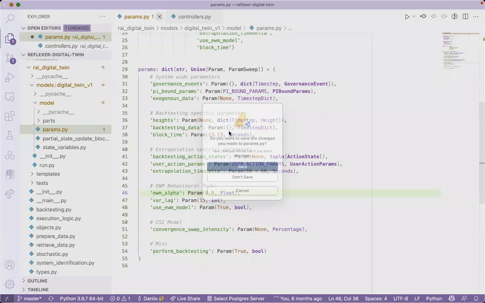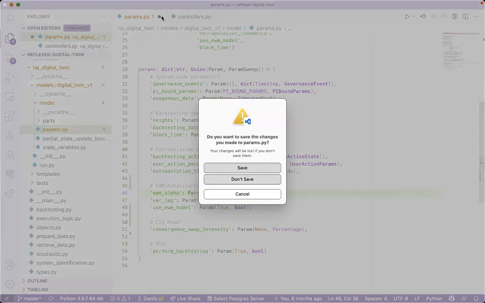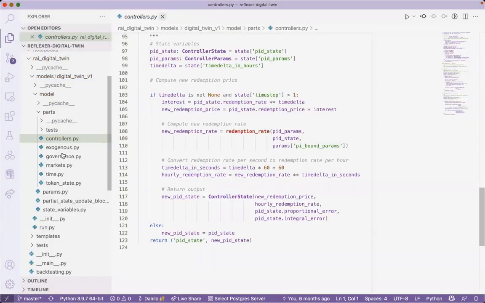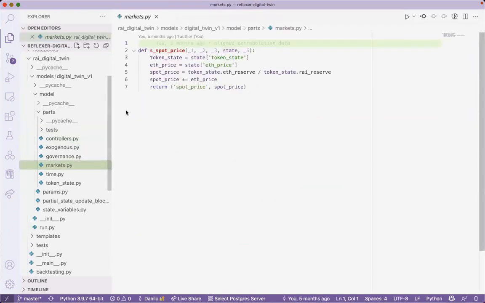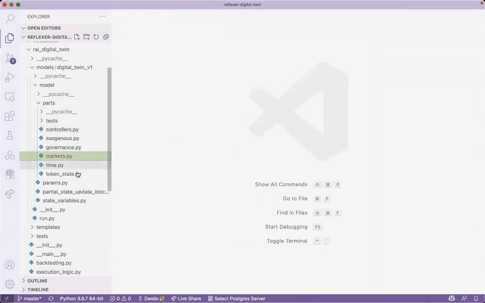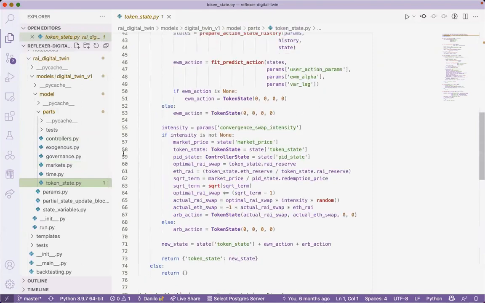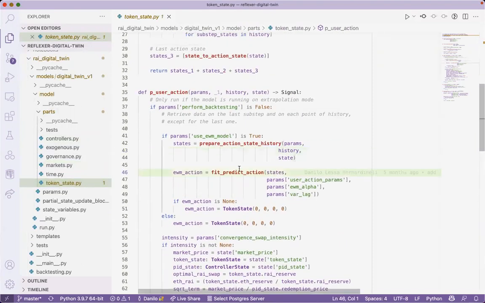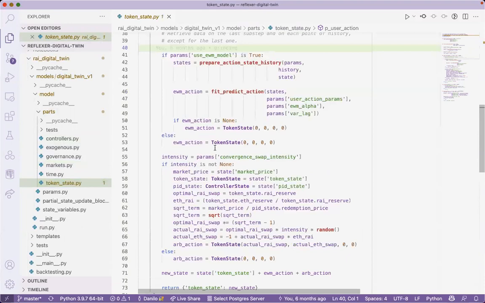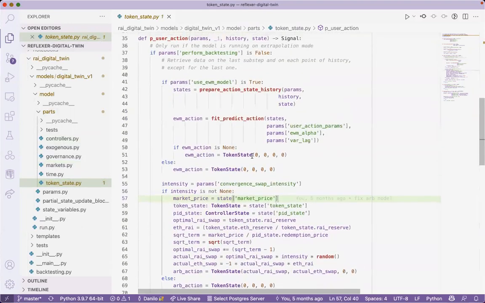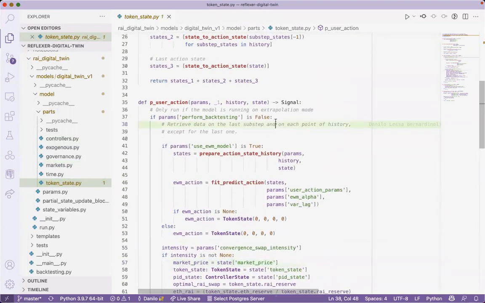Oh, I forgot specifically where it was, but I think I get it. So essentially, with EWM you are trying to model any type of user behavior, like adding, removing, swapping, and then the swap convergence is a model that tells you what is the swap that converges you to the stable redemption rate.